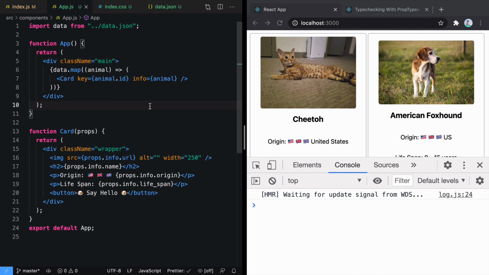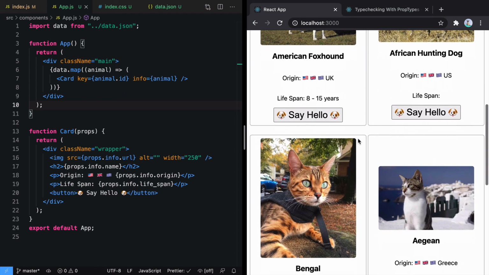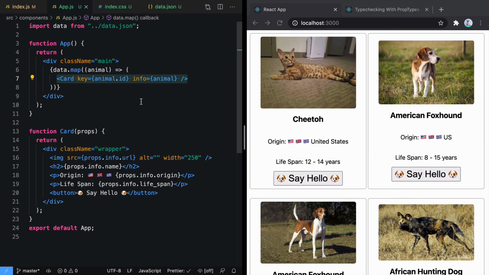So in this way, we learned about using a collection of data to create UI that looks similar but contains different information in each card. We did it by knowing a property that from curly brackets, you can also return an array of components. And here we use the data and map function to create an array of components. And using that, we are creating the UI here. One more thing we also learned is whenever you're using map on any list, always try to pass key prop in the component or the element, and the value of key prop should be unique. That helps React keep track of the data changing in different components.